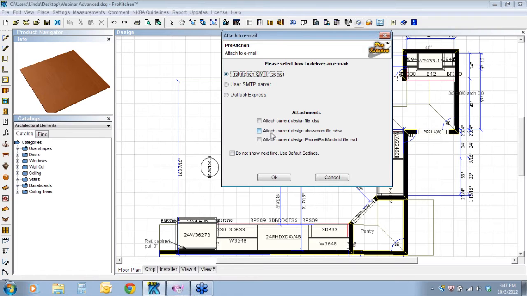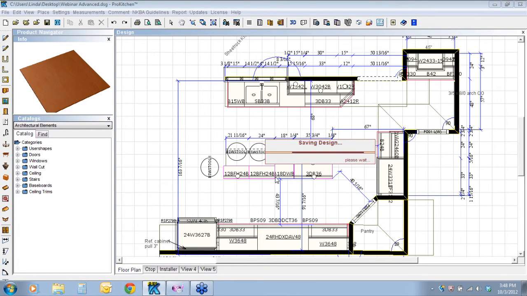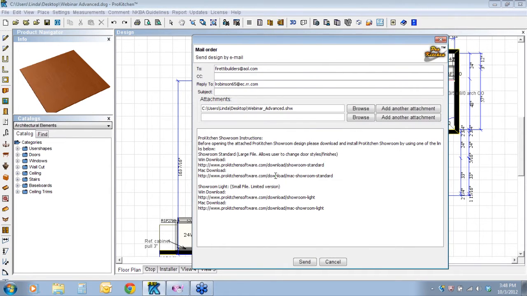And as you can see here, I have the option to attach the current design showroom file, an SHW. So I'm going to click on that, and I'm going to say OK. And it's going to save my design in the showroom format, and it's going to create an email for me. I highly recommend that you do this: email yourself the file and load it and see how it works. That way if your customers have questions, they can always refer back to you, and you will be very familiar